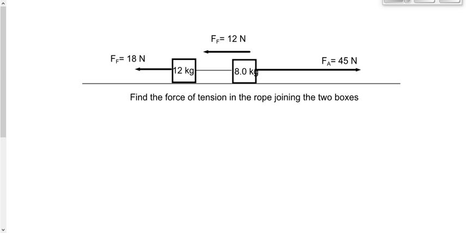All right, our only question for homework last night was this question where we have two objects, a 12 kilogram and an 8 kilogram, connected together by a rope. We wanted to find the tension that joined these two objects together. This is a question that is at least partially based on questions that we've been doing over the last 4